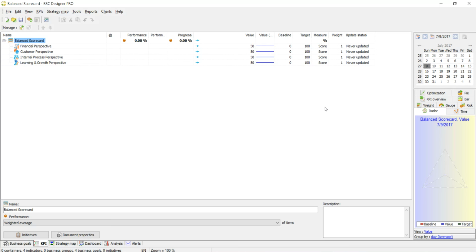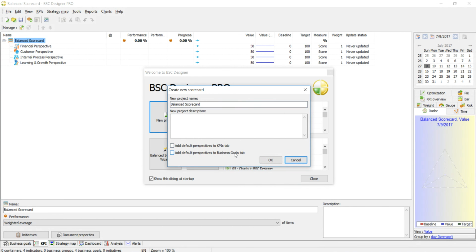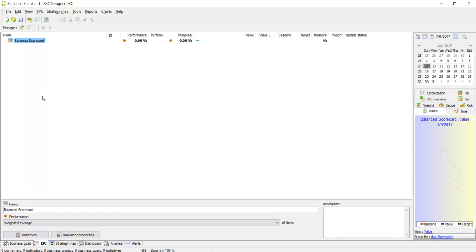Hello, in this video we're going to talk about how to create indicators that will be able to summarize some data and how to create indicators that will present the average for some data. To illustrate the idea, I'm going to create a new project, a new scorecard without anything, an empty scorecard,